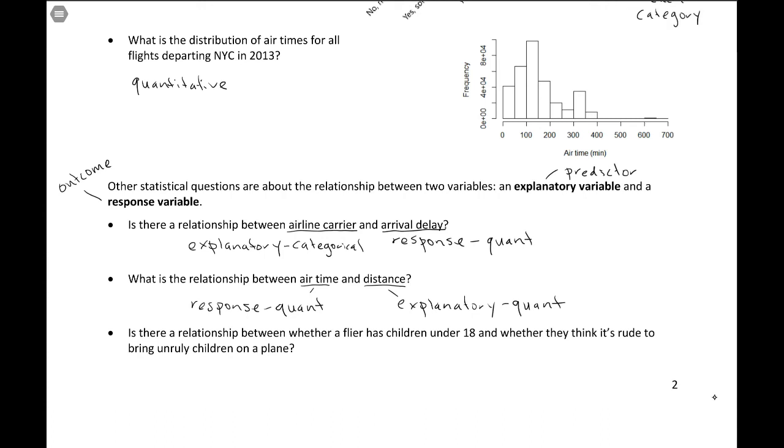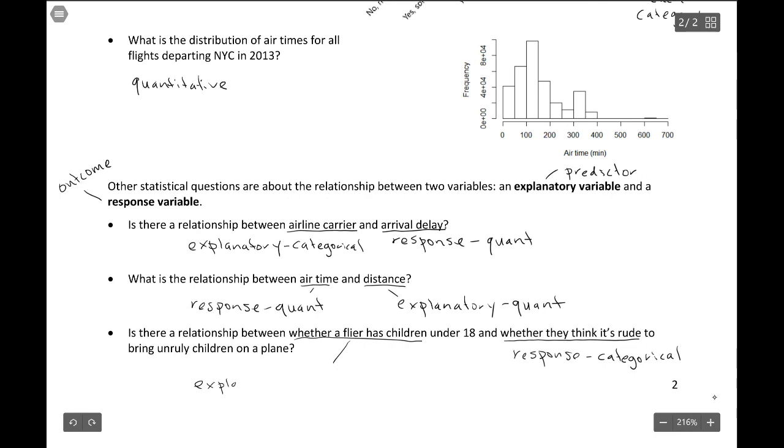The last one here is, is there a relationship between whether a flyer has children under 18 and whether they think it's rude to bring unruly children on the plane? So I would say probably what we're interested in is whether they think it's rude, right? That's probably the response. And this is going to be categorical, right? We talked about how it was either not rude at all, somewhat rude, or very rude. And what we're using to predict people's attitudes is whether or not the flyer has children themselves. So this would be the explanatory variable, and that